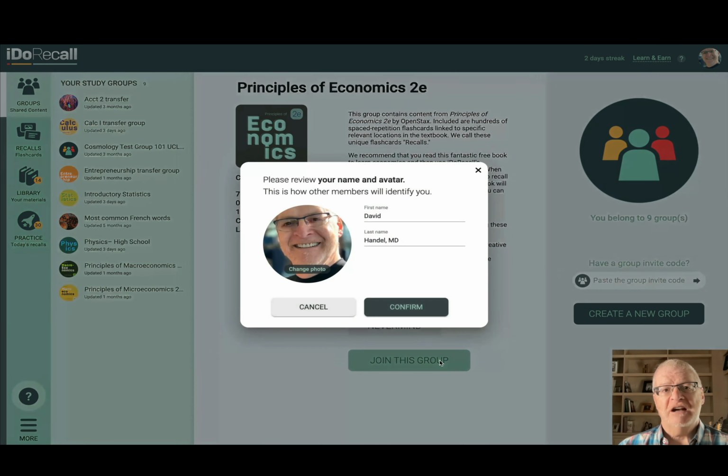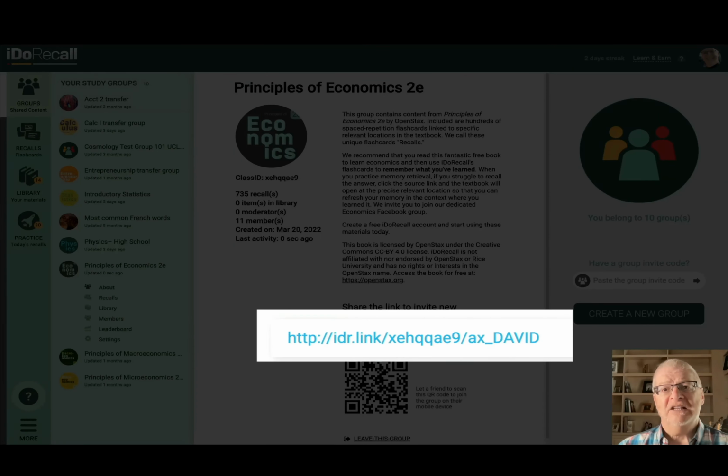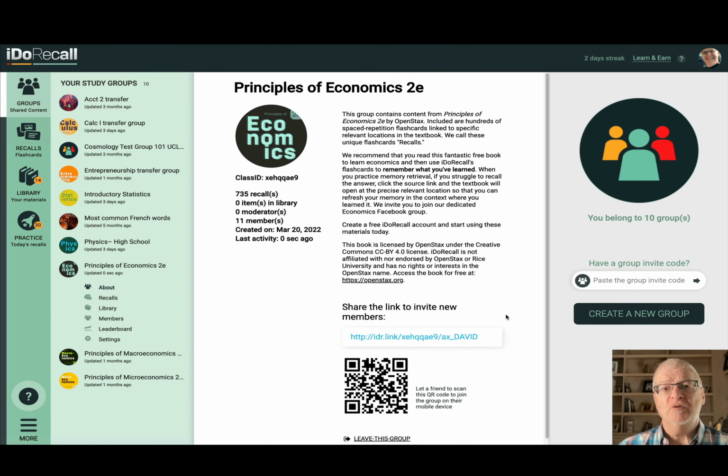After you join, you'll find yourself on the group's About page. Here you'll see a share link that you can send to anyone who you want to invite into the group. You can require that students who use the share link to join your group must wait until you approve their entry. You can also later remove a member if you need to, or elevate their status to that of a moderator so that they can assist you in managing the group. You can set permissions that allow members to contribute recalls and to contribute learning materials, but all submissions still must wait for your approval before they are published for all members to see.